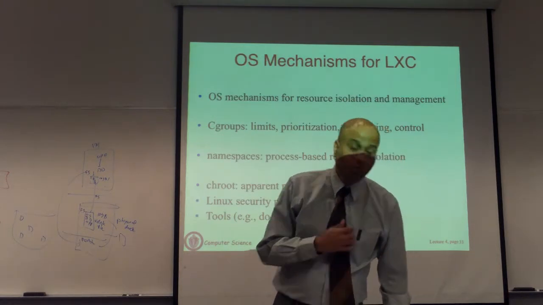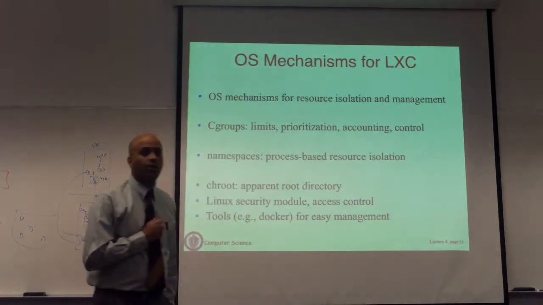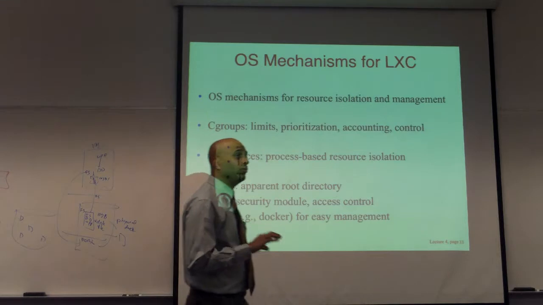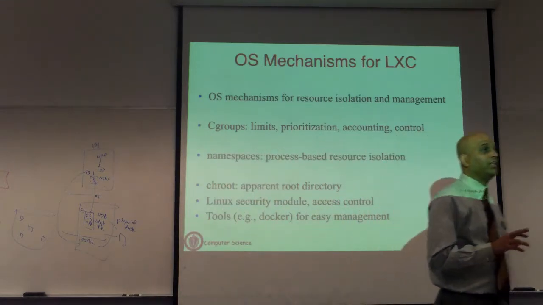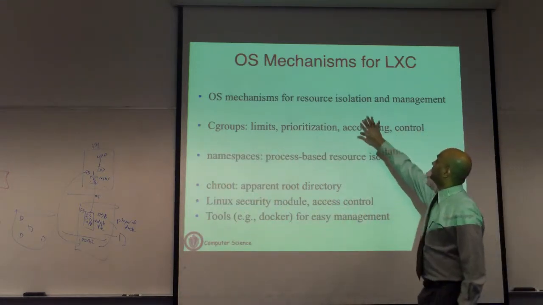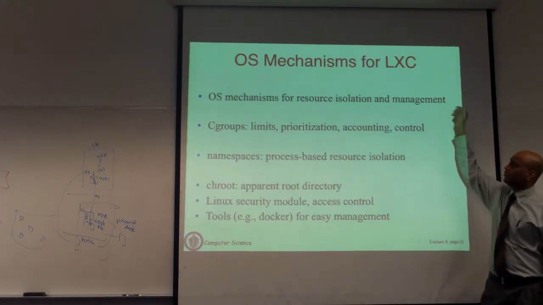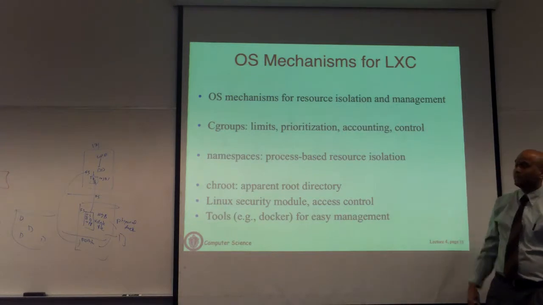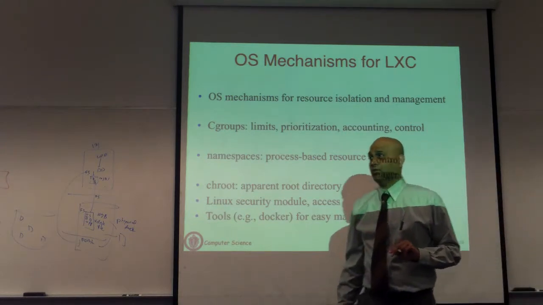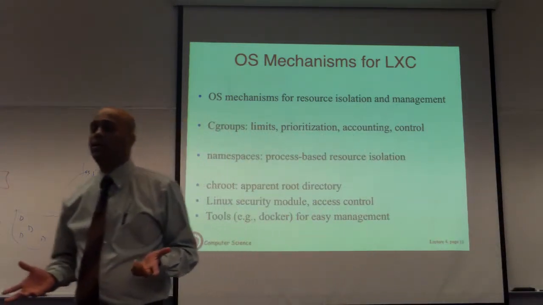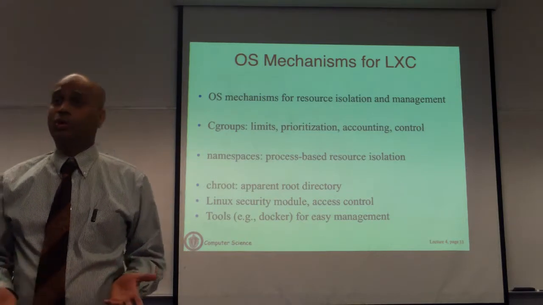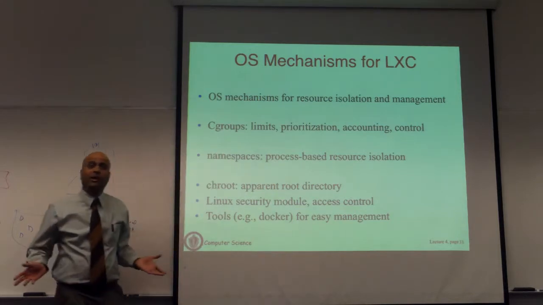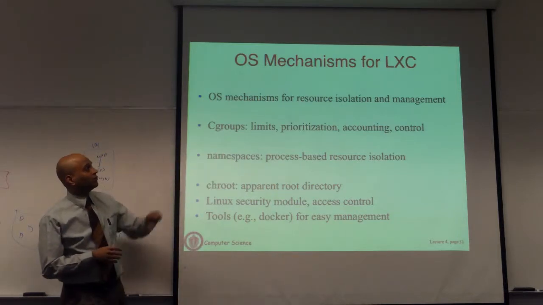So let's look at a little more details of how this is going to work. In order to implement OS level virtualization, you need support from the OS kernel. Essentially, you need 2 or 3 kinds of support. You need support for resource isolation to do the sandboxing. You need support for management of your containers. Okay? And essentially, I'll talk about 2 key features, okay, which will give us the desired properties to implement OS level virtualization, which is in the context of Linux, but the same ideas apply to any OS level virtualization.